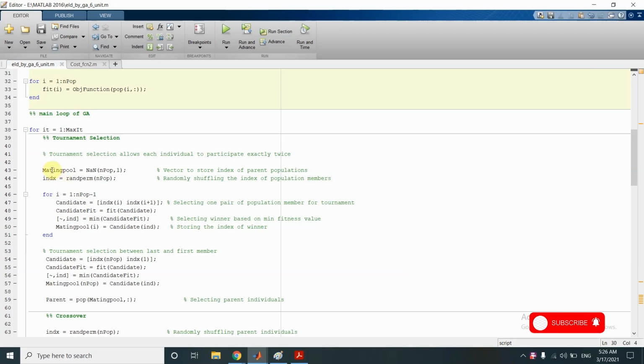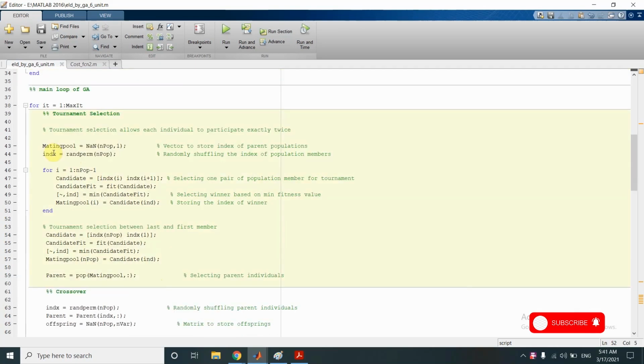So we have initialized the mating pool column vector. Again, this would be a column vector of 500 elements, and we have initialized this column vector as not a number as well. We will update the mating pool when we process further.